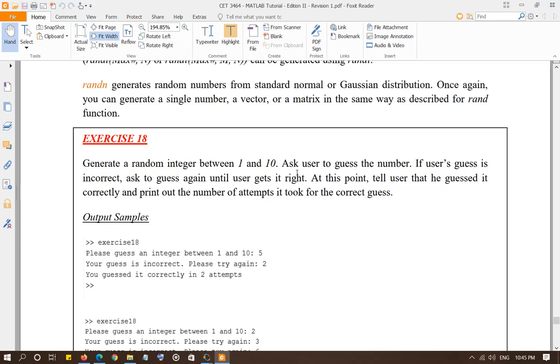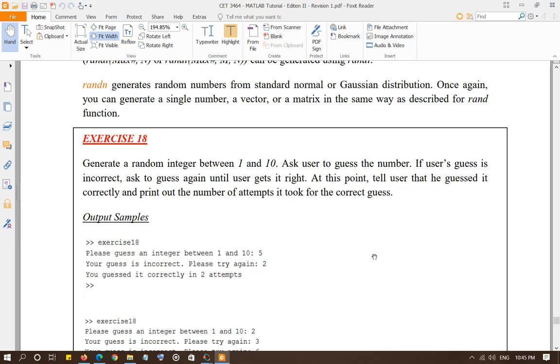Now if this number matches the correct number, then your job is done. So you're going to run a while loop now. What will be the expression for the while loop? You have to run the while loop multiple times if guess is not equal to x, that is, the user's guess is not equal to the random number that was generated. Then you start running the while loop.